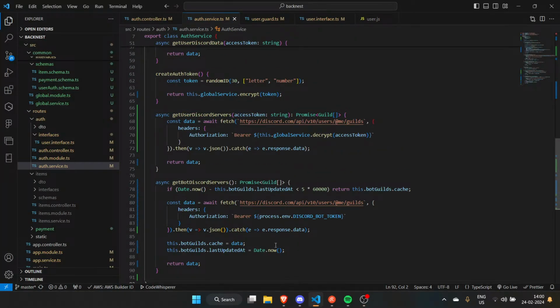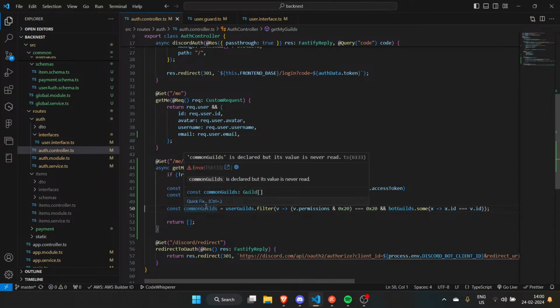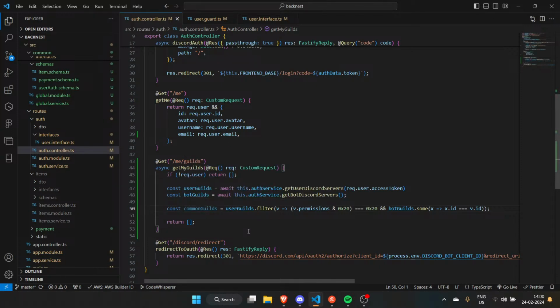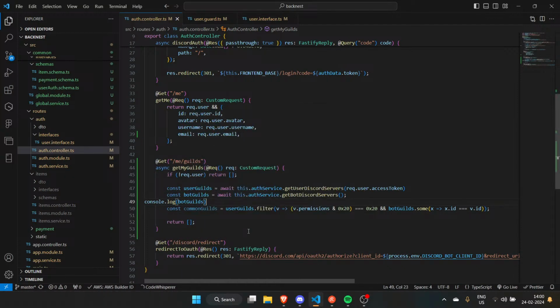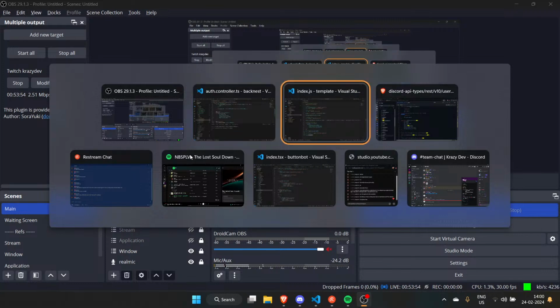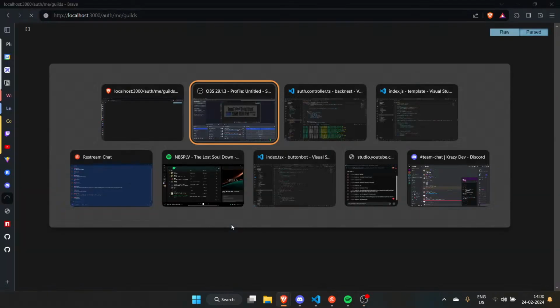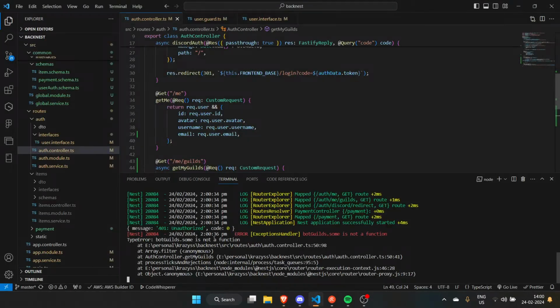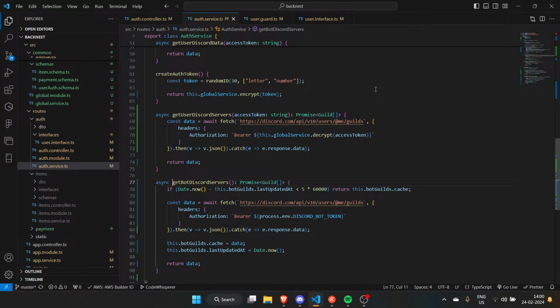Now, this is very interesting. v.json. So we need to just console log the bot guilds, and then let's go to the page and reload it. So it is 401 unauthorized. That's interesting. So the Discord API is saying no because I'm not authorized.